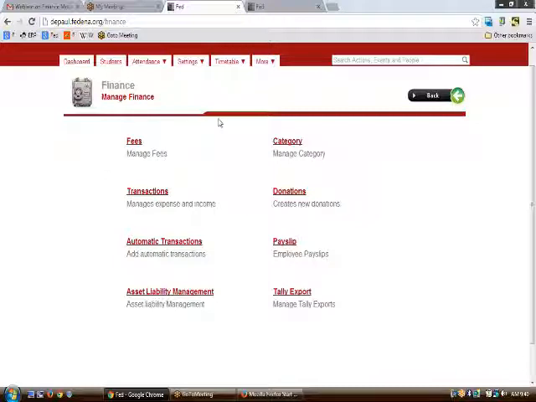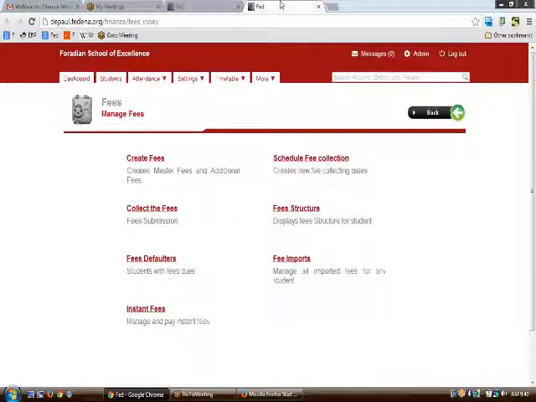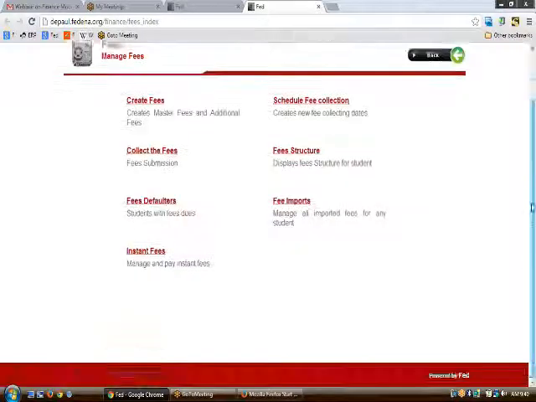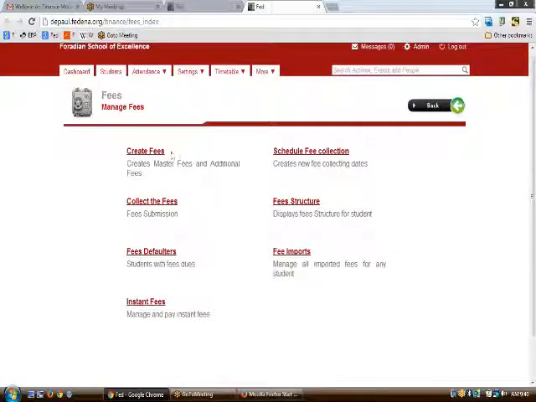We will be starting with fees first of all. Again, in fees, we see a number of links here. Now we will be going into detail about what each of these links is all about. In your institution, it's a general scenario that you need to create some fees and schedule some due dates for a particular fee. And again, you have students who will be paying the fees. So the whole process can be easily staged in Fedena using this fees link. We will be starting with the creation of fees first of all.